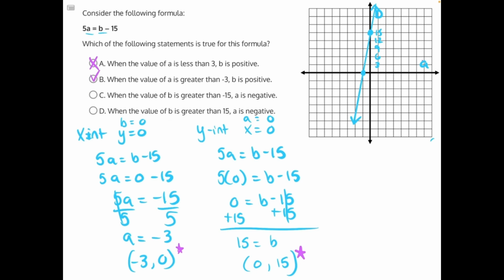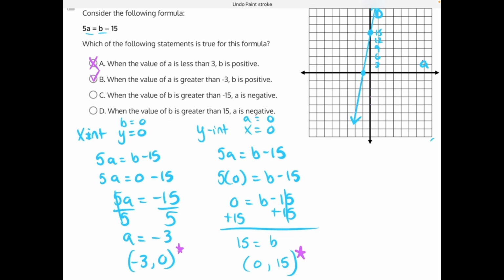C says when the value of B is greater than negative 15, then A is negative. So let's move that over. We'll put that on our graph. Greater than is to the right, and we're looking for negative A values. All of these values over here are on the left side of the y-axis, which does make them have negative A values. However, once we cross the y-axis, now we are infinitely in the positive A value range, which makes